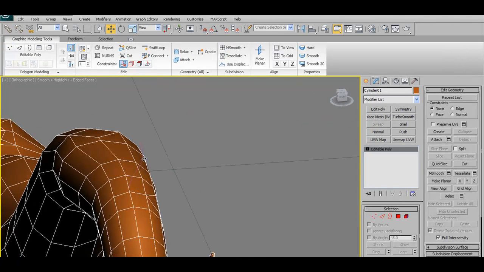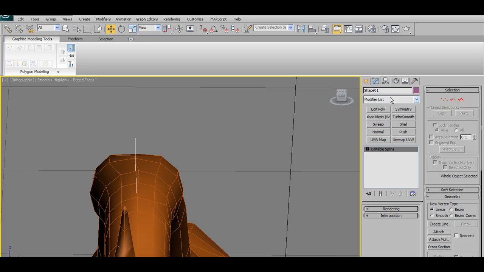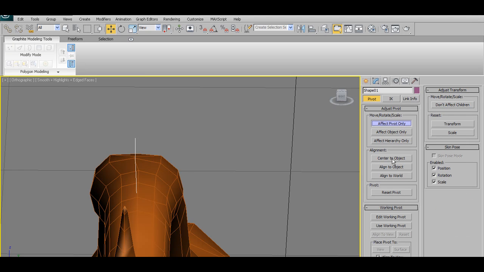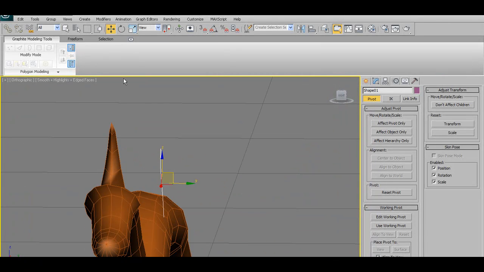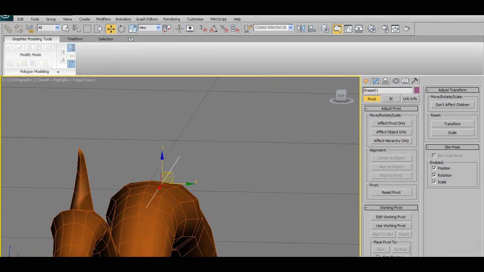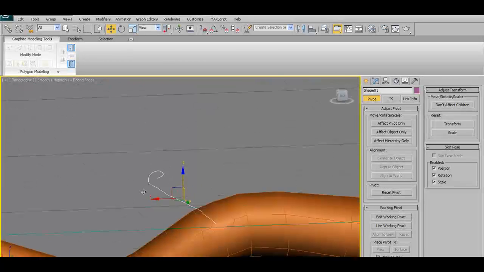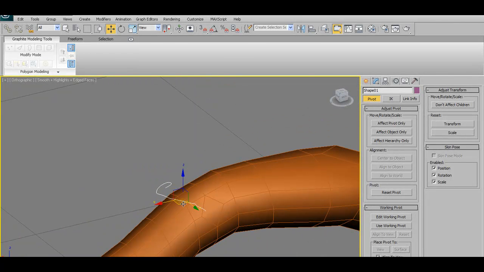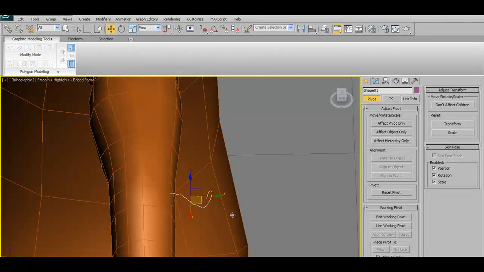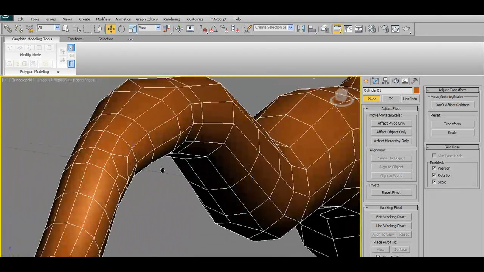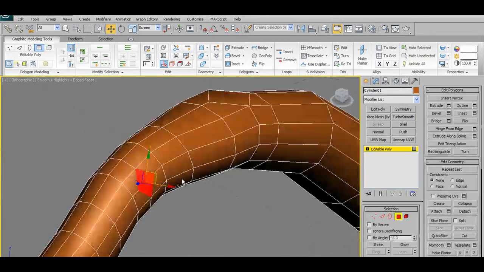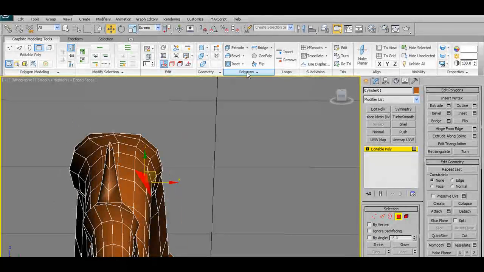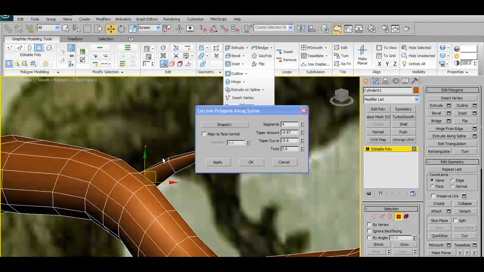So now I'm going to select my spline, and I'm going to hit Effect Pivot Only and center my pivot to the spline so I can just move it over and rotate it to a slightly more natural angle for when I begin extruding it from the branch. So that looks okay to me. So now I'm going to go and select my polygon. I'm going to hit Polygons, Extrude on Spline,